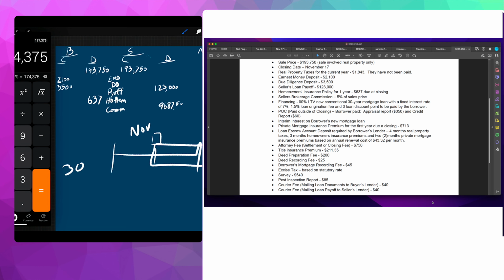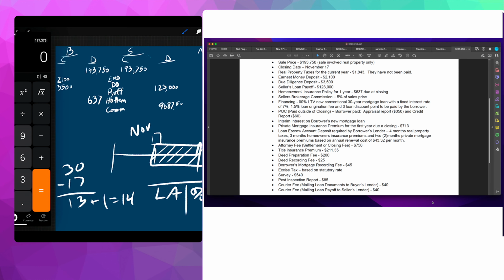So it's going to be 30 total days minus 17 plus 1. So 13 plus 1. So you have 14 days to the buyer because that includes day of closing. And then to calculate the dollars that equates to, we need daily interest. And to get daily interest, we need loan amount times interest rate to get annual and to convert that to daily. So our loan amount,